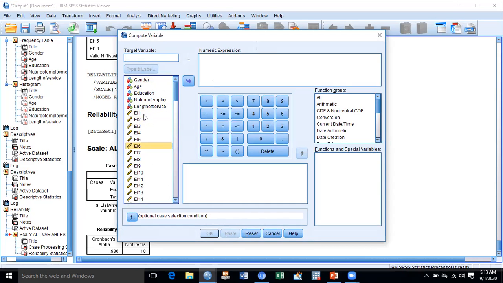Now I shall select all the variables by clicking. As you can see, I have selected one variable step by step.